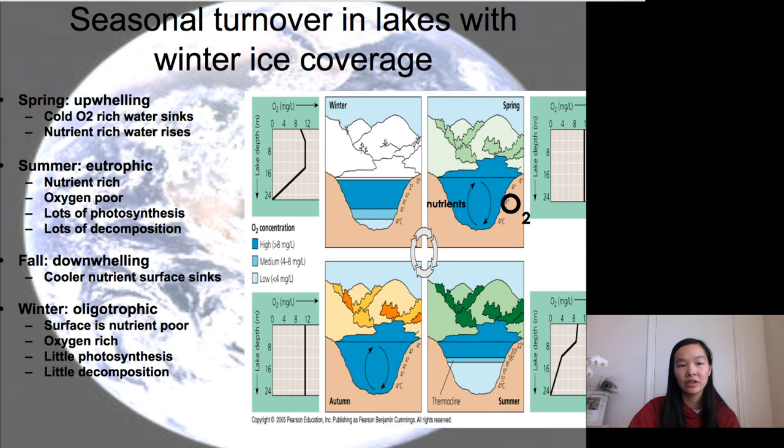But then in the autumn, the air temperature starts cooling down, and then you have a turnover again where the cooler surface water is going to sink, and it's going to mix the water again, so that you mix your nutrients and your oxygen. So through the depths of the lake, you have an even distribution of oxygen and nutrients. This is important so that you make sure you're mixing around nutrients so that organisms that live at different levels of the body of water can get the nutrients they need to sustain themselves and sustain the food chains that they're a part